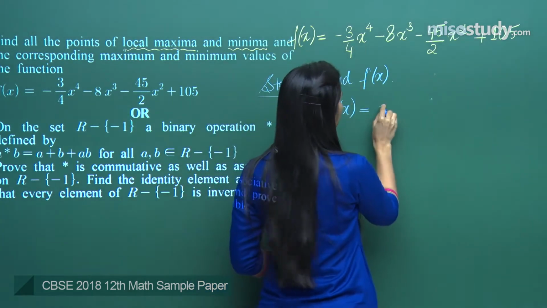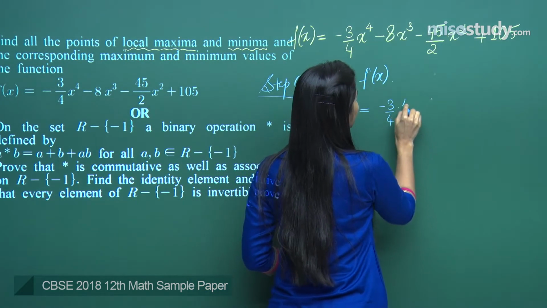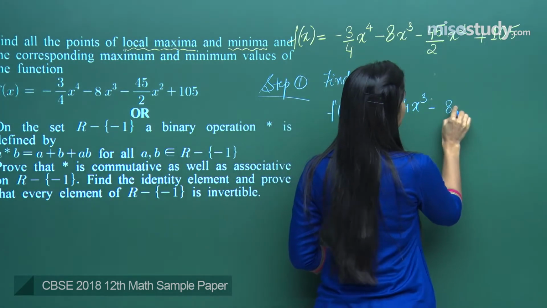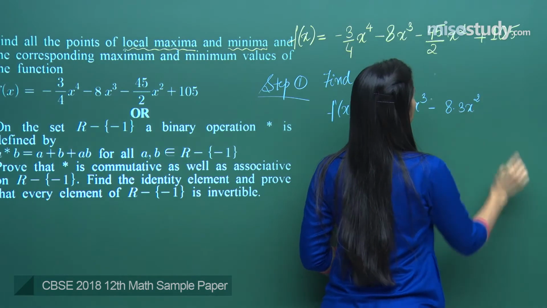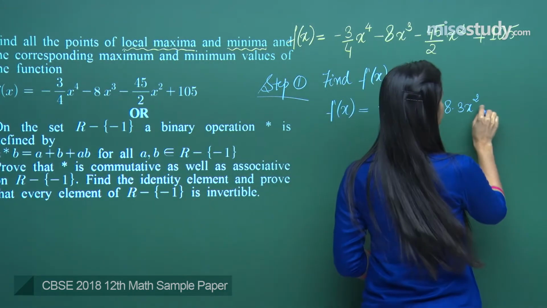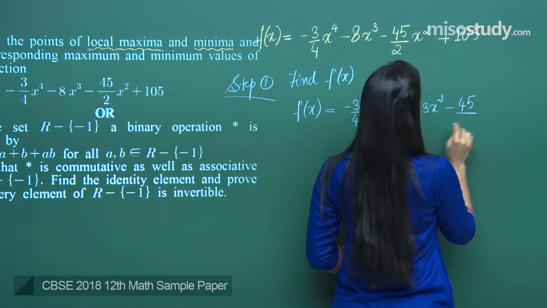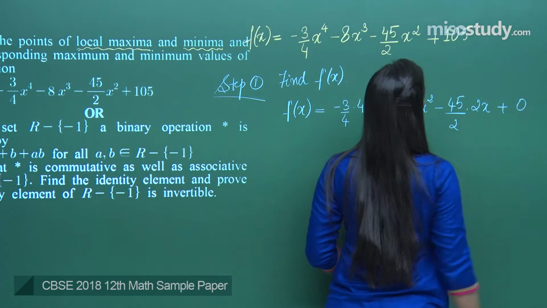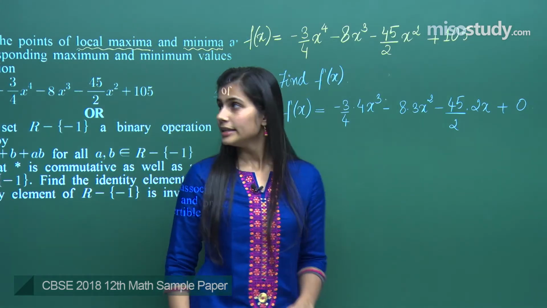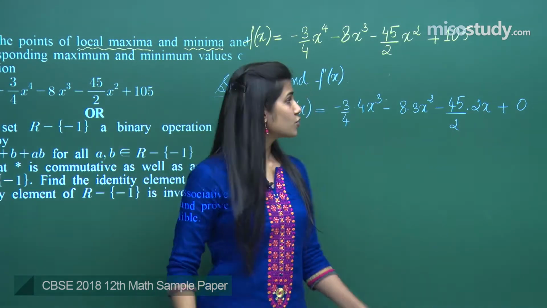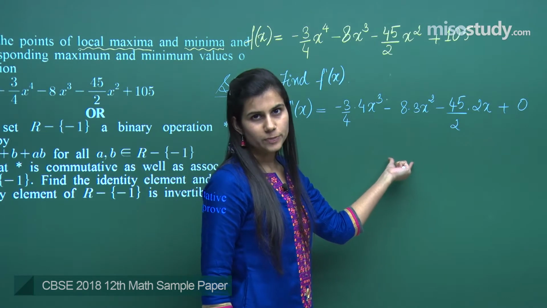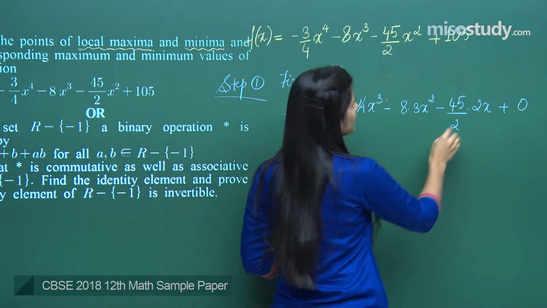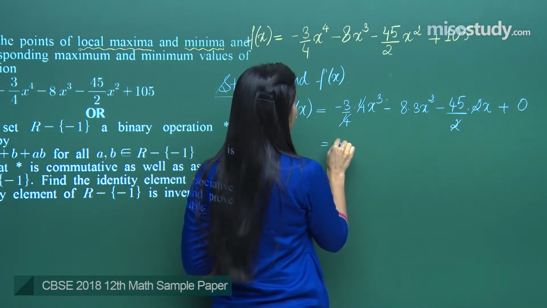This happens to be minus 3 by 4 into 4x cube minus 8 into 3x square minus 45 by 2 into 2x plus 0, isn't it? So this is the derivative of this particular function. That means what is it that you get? This 4 gets cancelled, this 2 gets cancelled, and you are left with